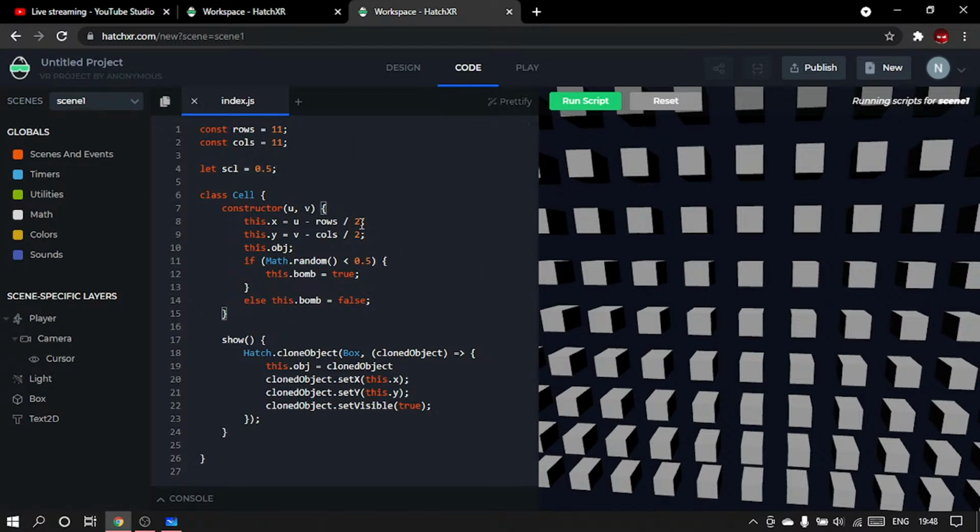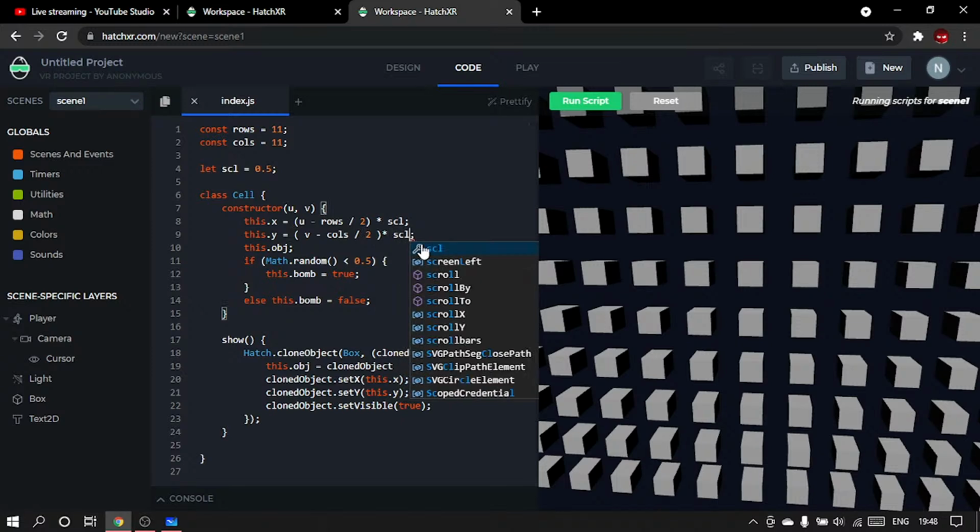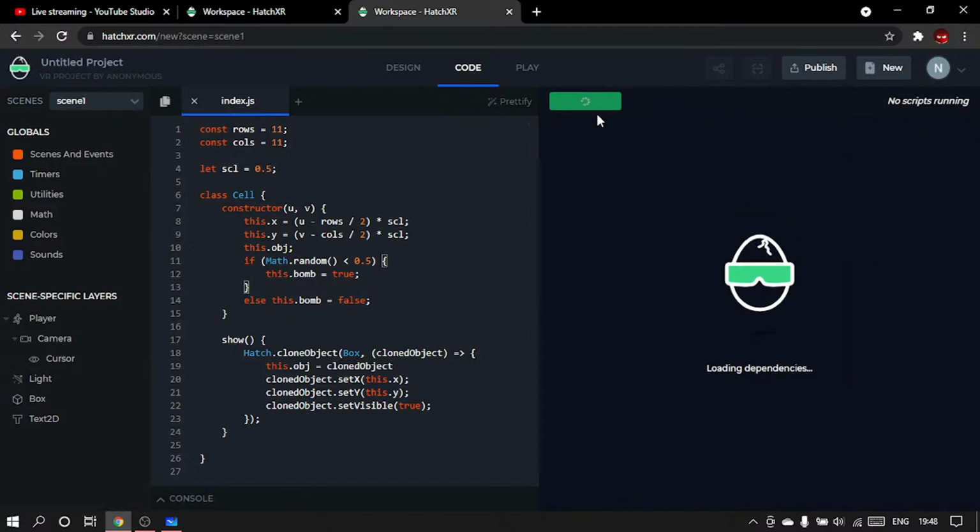So all I have to do is to manipulate the spacing between these boxes. I can just multiply their X and Y positions with the scale parameter, SCL. And I do the same thing here as well. So here, multiply it with SCL. Let me prettify the whole thing. And so now when I run the script,